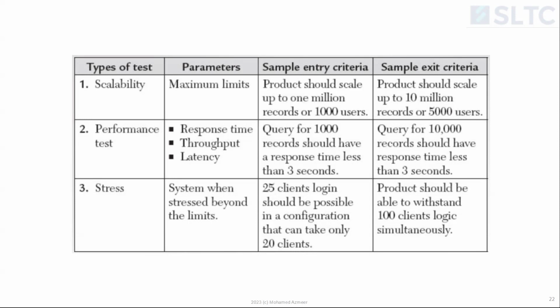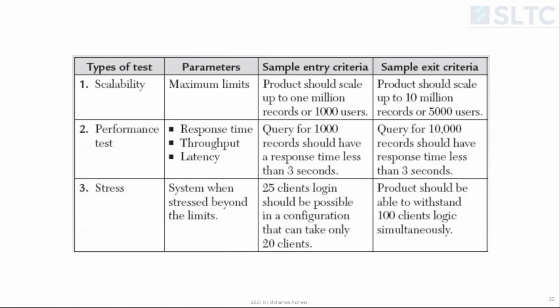As an example, product should scale up to 1 million records or 1,000 users. So let's say, for example, we tested with only 10 people. What about 1 million records or 1,000 users, right? That can be the entry criteria. For the exit criteria,